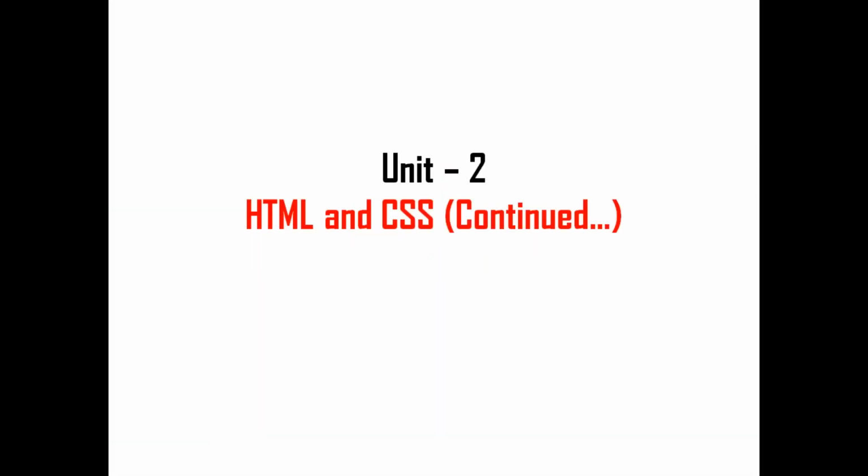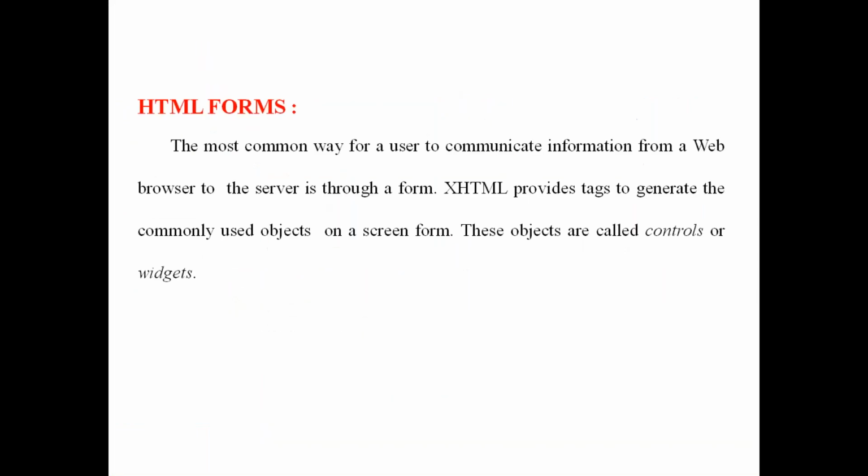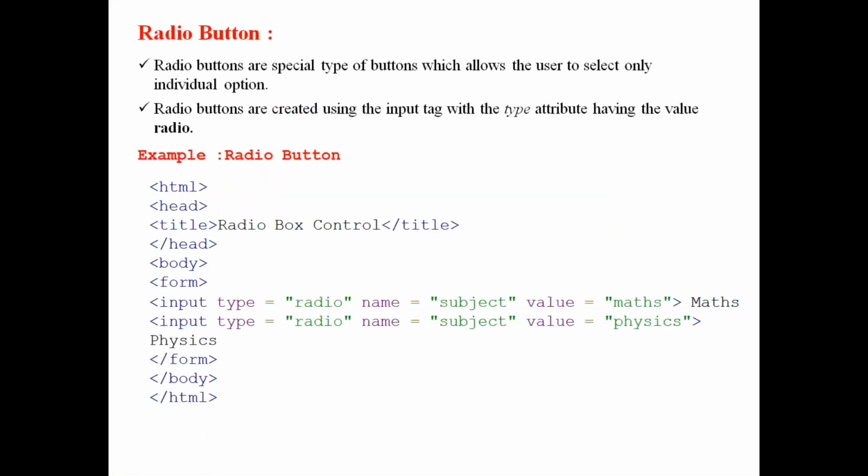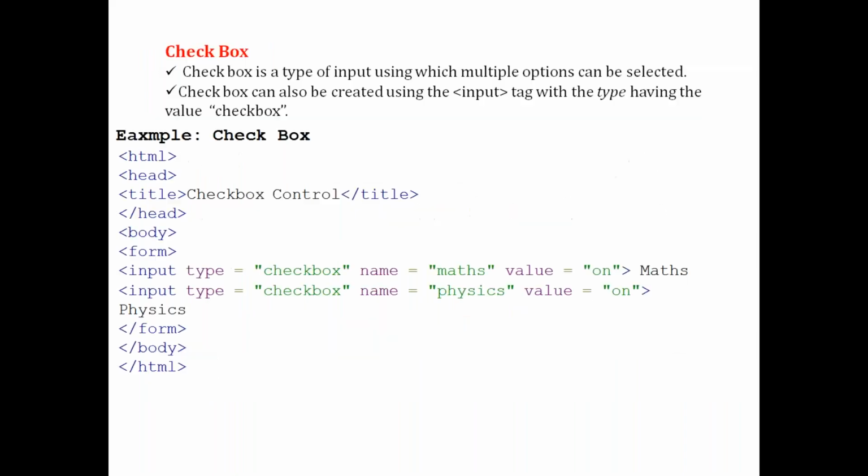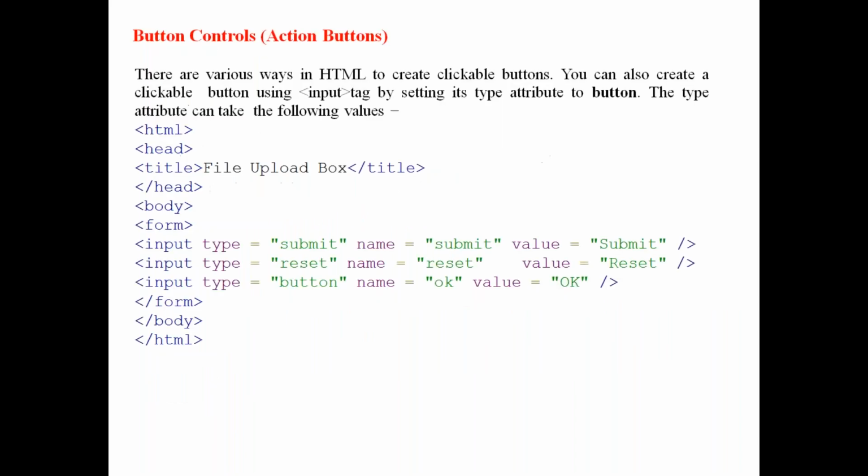So after this, these are the form controls which are used to create forms. The basic tag is called the input tag. Using the input tag, you can create any normal form control. If you want to create a specific one, like a text box or radio button, you have to use the type attribute. Okay, so these are the HTML forms.